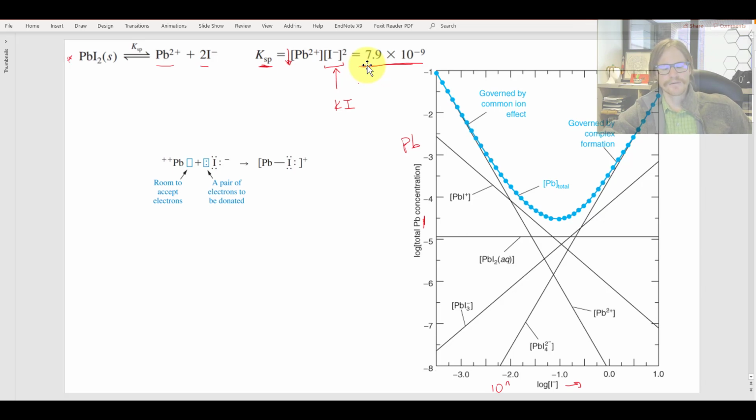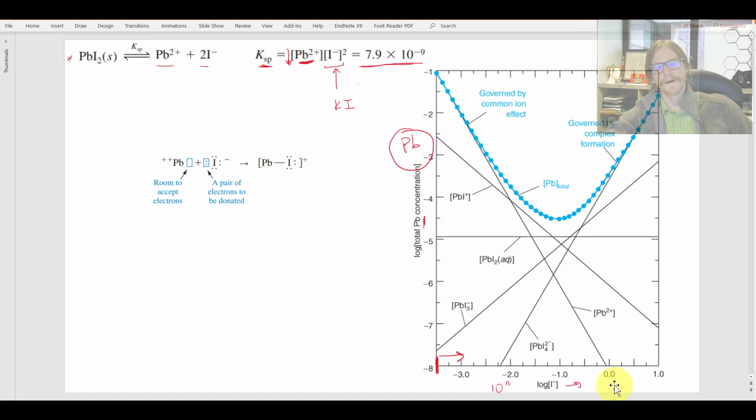So down here, at 10 to the minus 3, that's the same as 1 millimolar. Then 10 to the minus 2 is 10 millimolar. Then all the way up to 100 millimolar, and continuing up from there. So what we do observe here is as the concentration of iodide increases from the very low end over here and we move this direction, what we see, these blue dots, is that the concentration of lead continues to go down in this log-log linear way, as we would expect from the linear concentration dependence